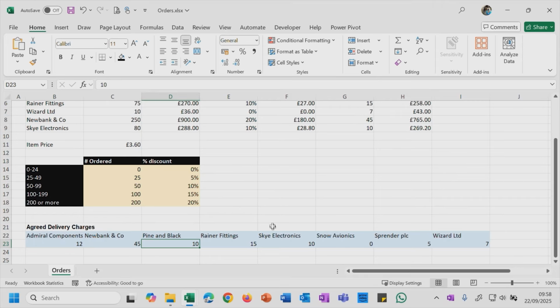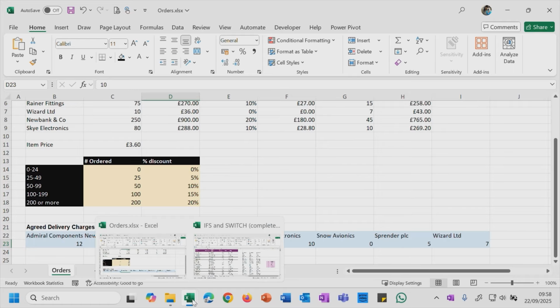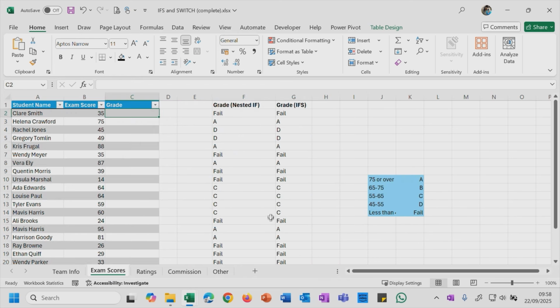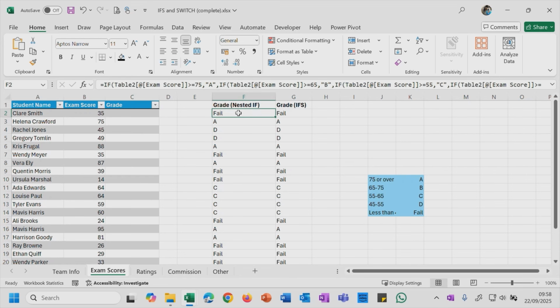It is not doing an exact match. So let's just finish up this video with one more example. Take yourself back to that other spreadsheet, and this time go to the exam scores sheet, and let's do one more example of looking at the score in the exam that the student has got and then displaying the appropriate grade. And much like the very first example we saw in this video, we've done this before using